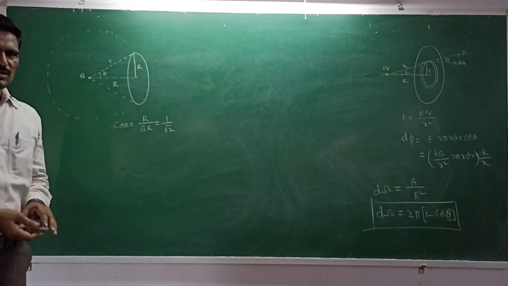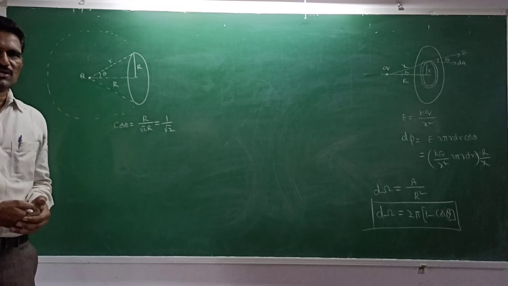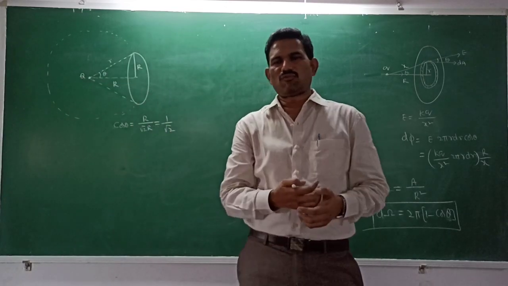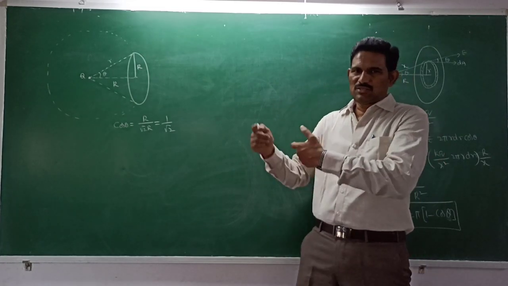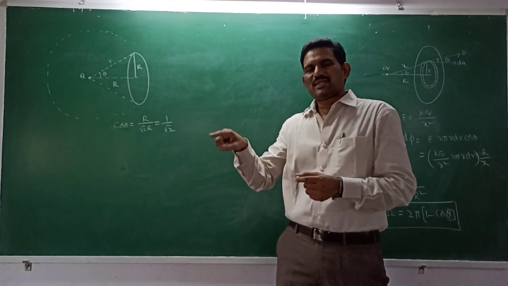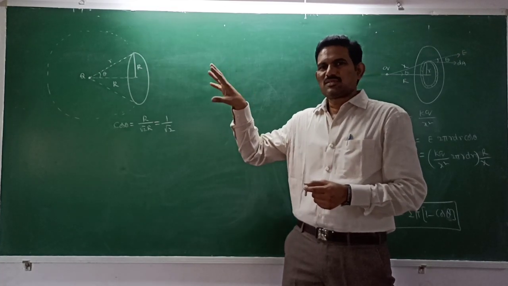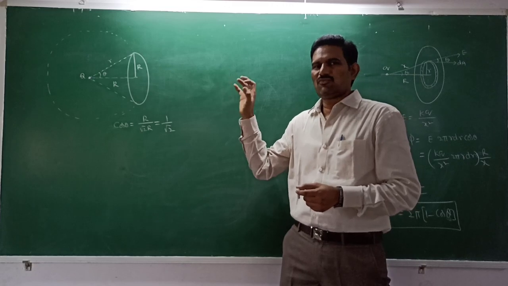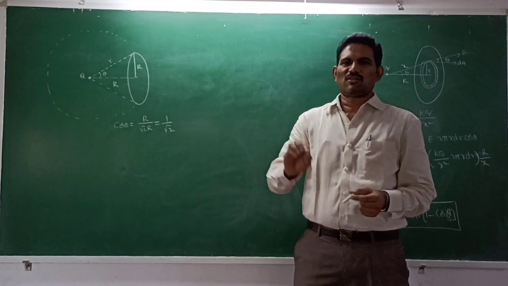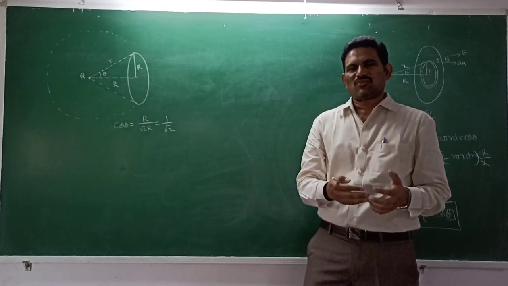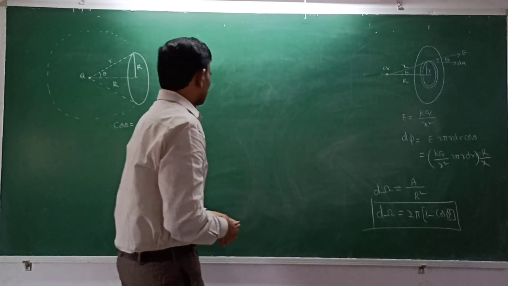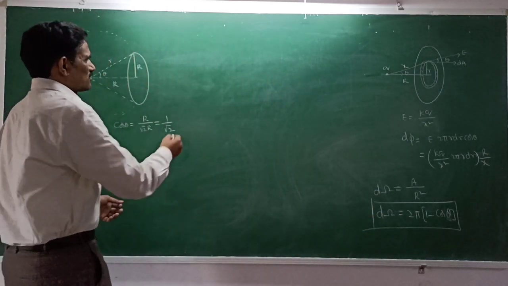In terms of solid angle, that flux will be passing through a solid angle of 4 pi, because we are taking a complete sphere. So the flux passing through the entire sphere, corresponding to a solid angle of 4 pi, is Q by epsilon naught. Now we need the flux passing through this amount of solid angle. We know this solid angle here, right? So then I can write this as